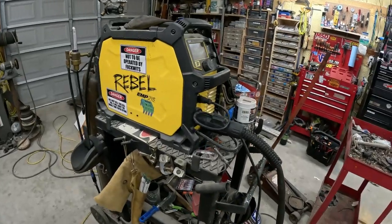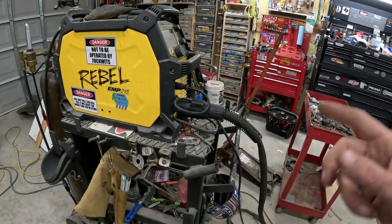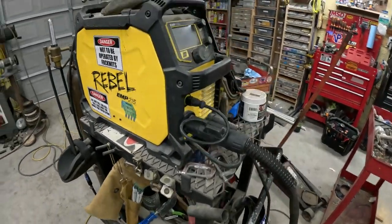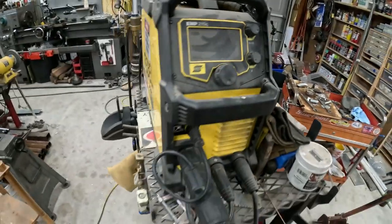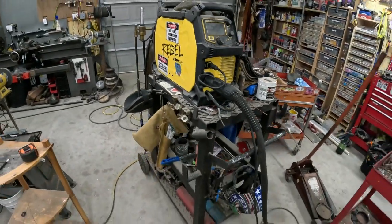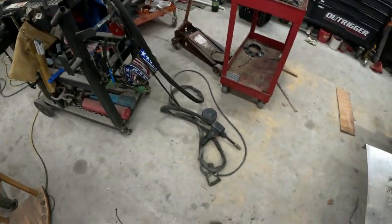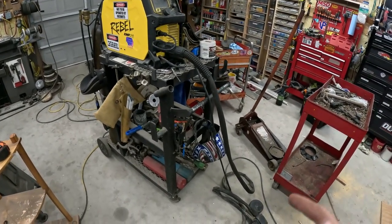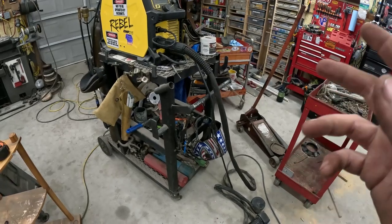So today I want to go over an issue that has developed with this Esab Rebel. It's the EMP 215 IC. You'll have to disregard its setup with a spool gun for right now. I've been doing a little aluminum welding, but in standard MIG welding, ER 70